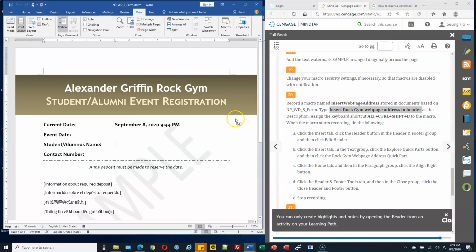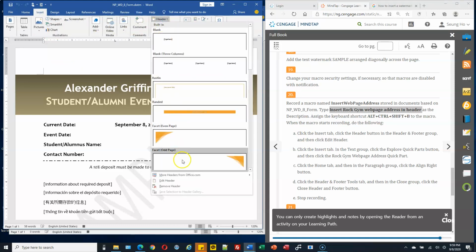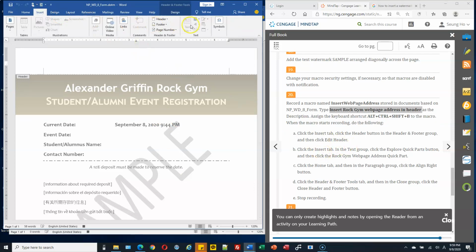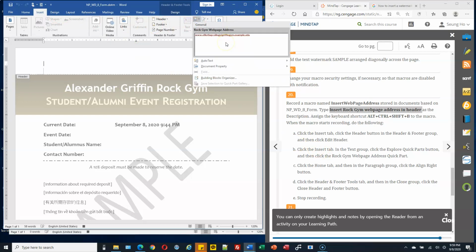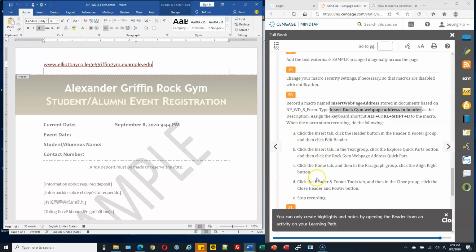Alright, so first click the Insert tab, the Header, Edit Header, and then we will insert this one, the web address. Now click the Home tab, and the Paragraph group.